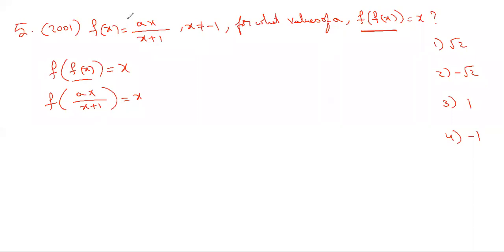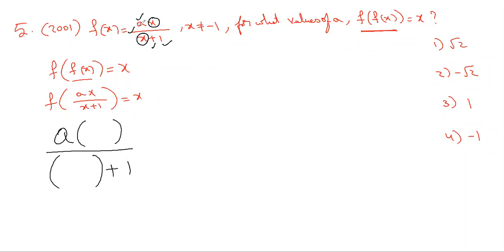The unchanged ones: the a is unchanged, the by is unchanged, the plus is unchanged, the 1 is unchanged. Only the two changed ones are there, which are x. So when you're writing the definition, I'm suggesting to write the unchanged ones as they are, and replace x with a bracket, because this time you need to write a bigger expression in place of x. The by also is unchanged, write as it is, and in the denominator one more x is there, keep a bracket, and then plus 1.